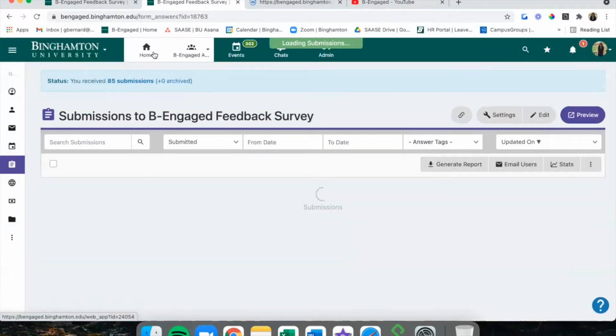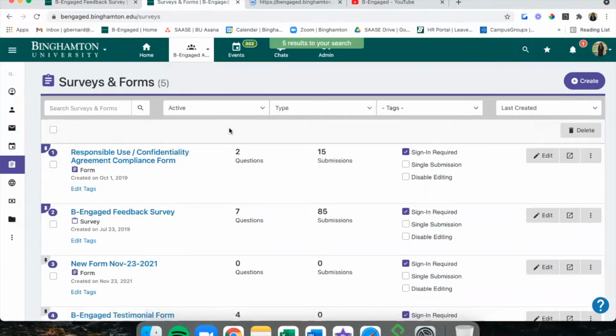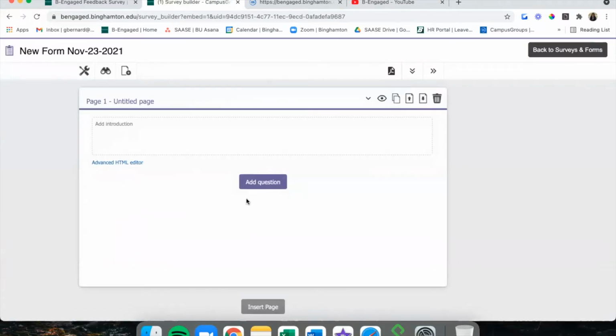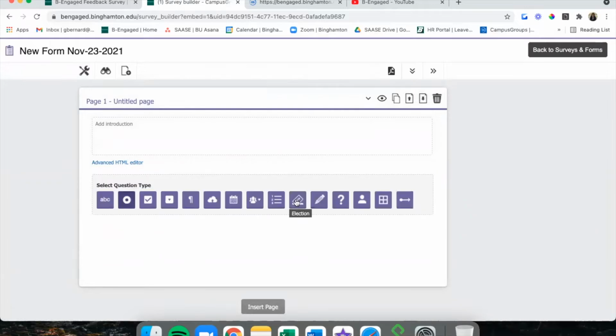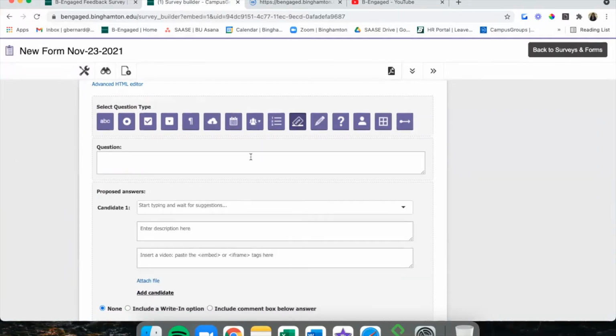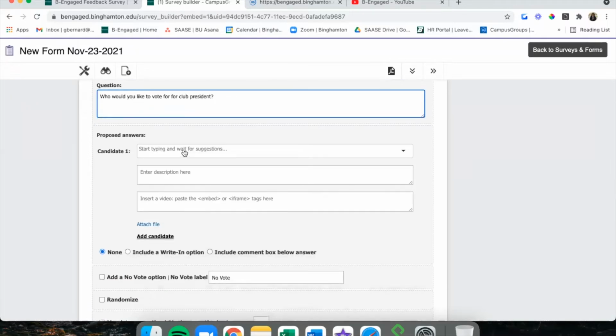One of the best features about using surveys and forms, or one of the best perks, is that you can also run your elections in Be Engaged using this feature. There's a designated election question right here that allows you to input the position the person's running for and to find the person in the field next to candidate just by searching their email.